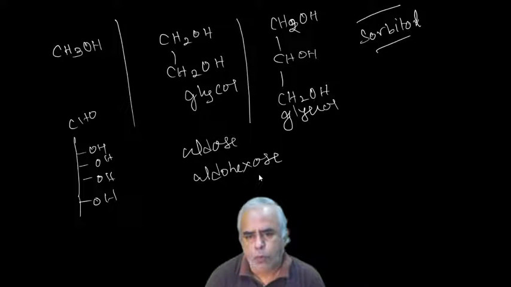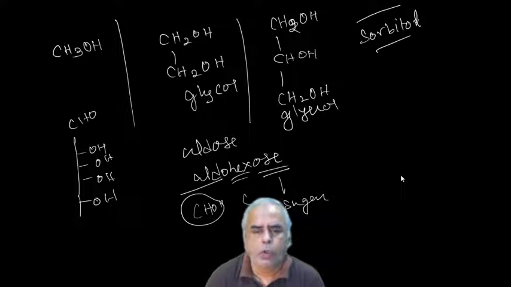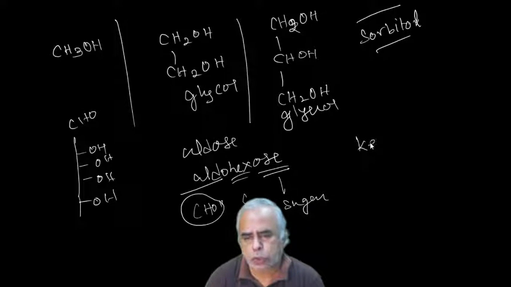So what do you mean by ose? This is sugar. Hexa means 6 carbon atom. Aldo, so that is one potential aldehyde group. Okay, so likewise we name. Similarly, we have fructose, that is a ketohexose,